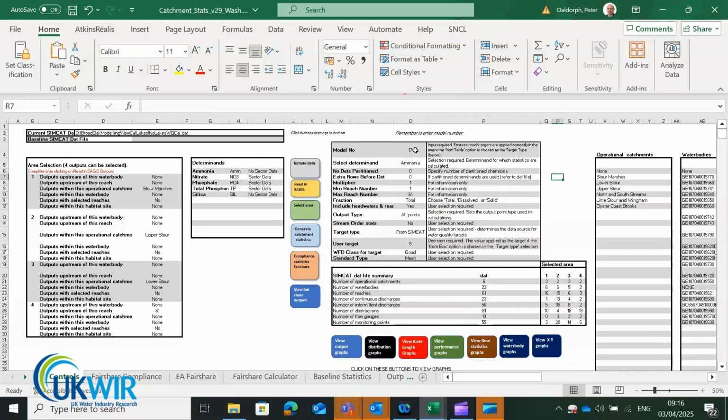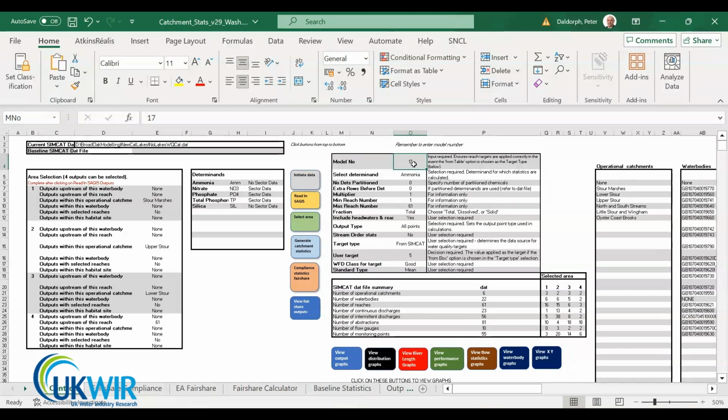This includes the model number. This is referenced in the SAGIS-SIMCAT model that generated the outputs. It is important to enter this because otherwise the tool will not be able to reference some of the information it needs. We also need to specify which chemical determinant we are interested in